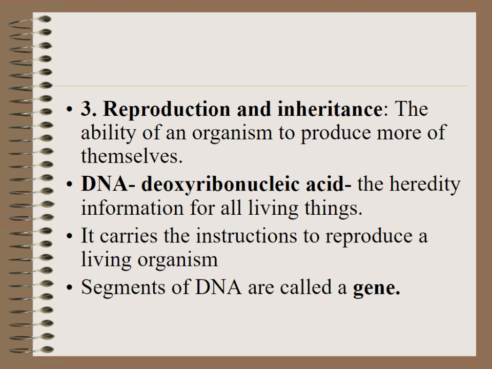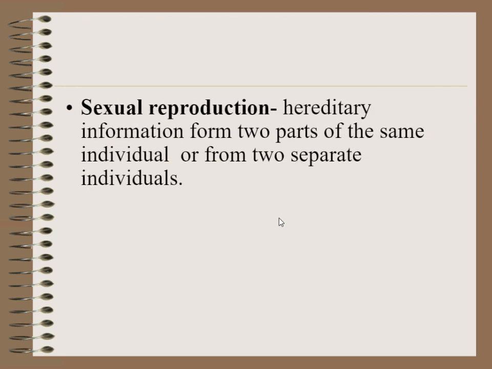We are all made up of carbon. Everything on Earth has some sort of DNA strand that is going to be in common with each other. These carry instructions on how to reproduce, how for the living organisms to continue to live, how to adapt. That is the importance of DNA. Segments of DNA are called genes. So when we get into heredity, we're going to be talking about DNA and genes.